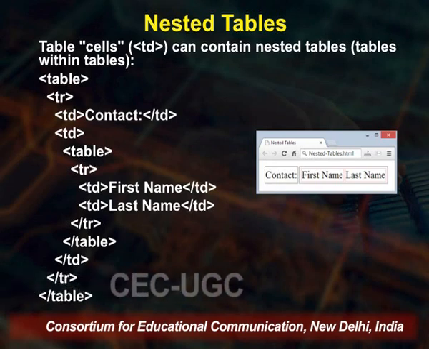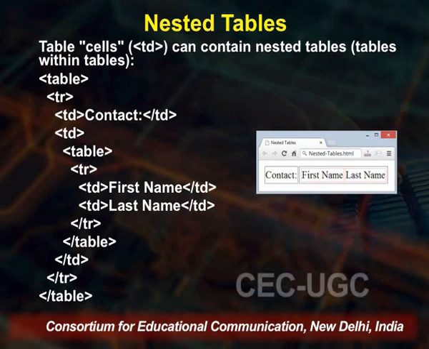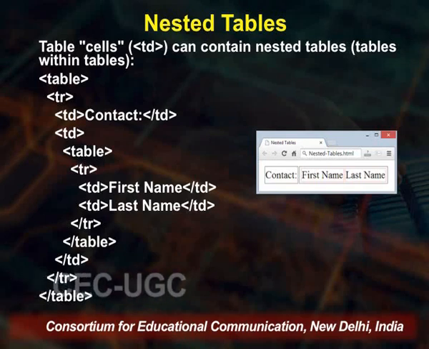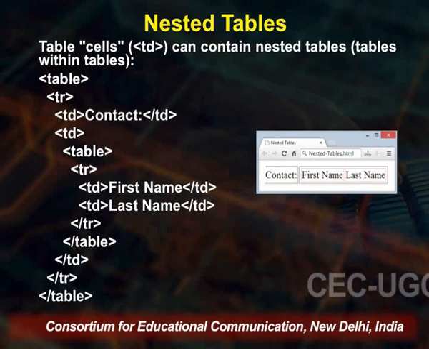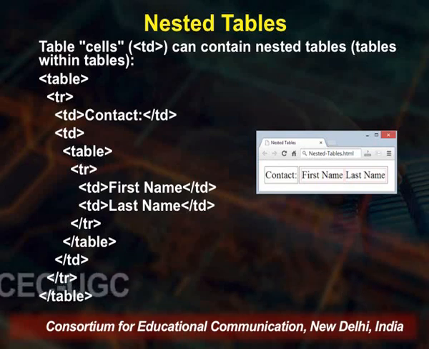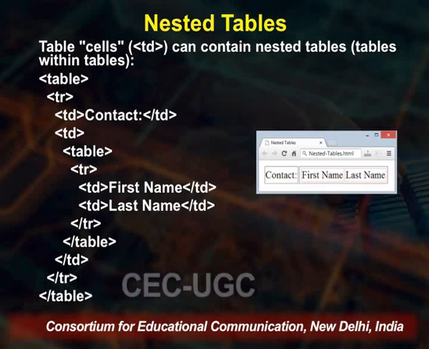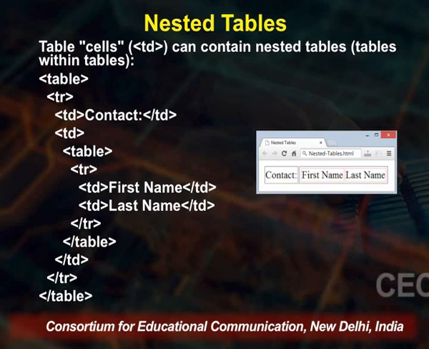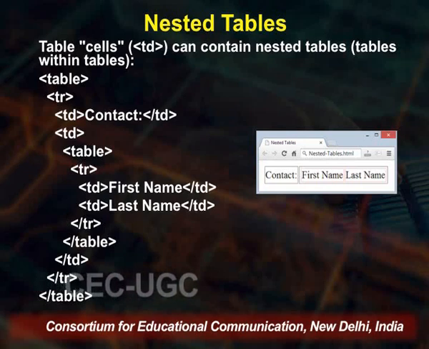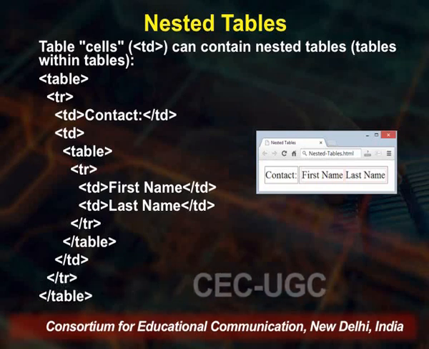So, you can see that there is one outer table, okay, and in the second row there is another table in the second column. Actually, the first column says contact. In the second column, where the TD is opening, instead of having one line of text or any other thing, we are simply putting the definition of another table. So, table, TR, first name and last name,